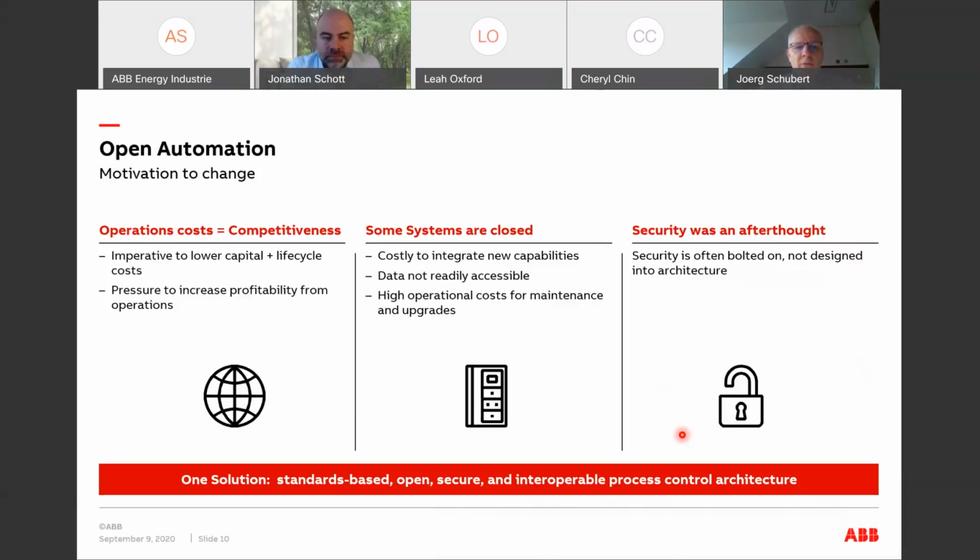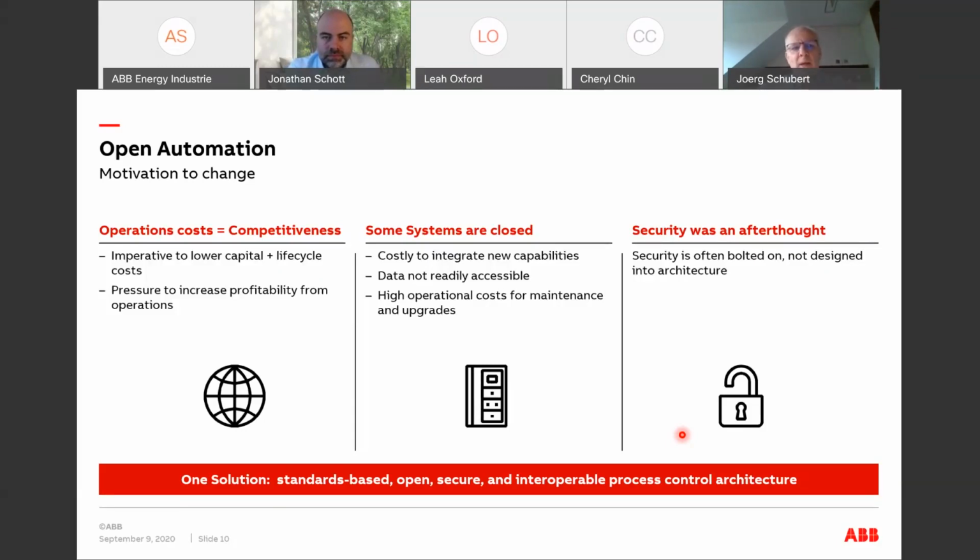A clear motivation of this push was probably coming from automation systems that are not as open as I would say the ABB systems are. Some automation systems are very closed, and extracting data and getting new capabilities in those systems has been a struggle point for years for some of the people founding the Open Automation Forum, and that has been so preventative for acting competitively in the marketplace that this was a strong motivation to push out of this. And then for sure, the marketplace is changing.